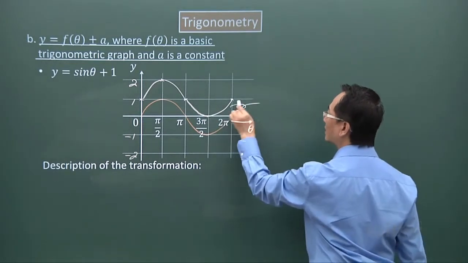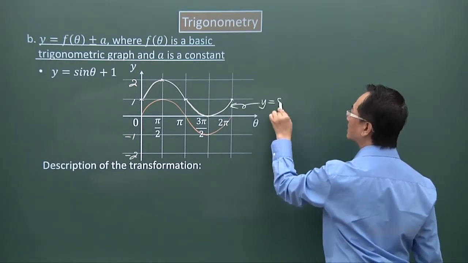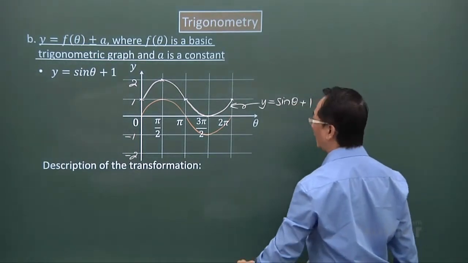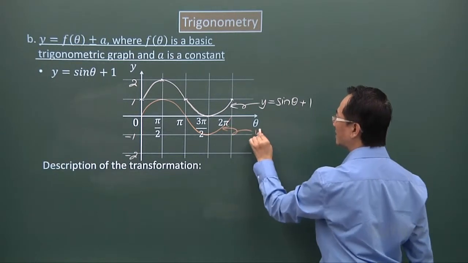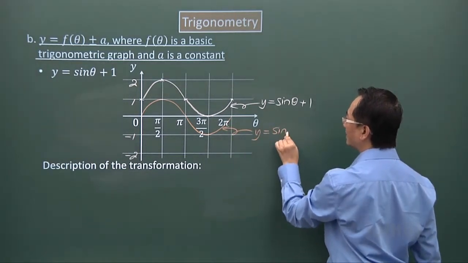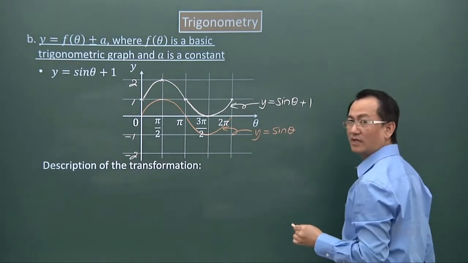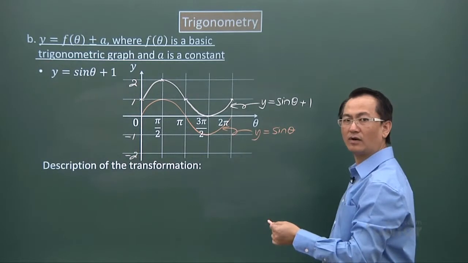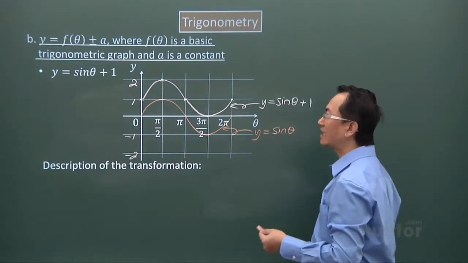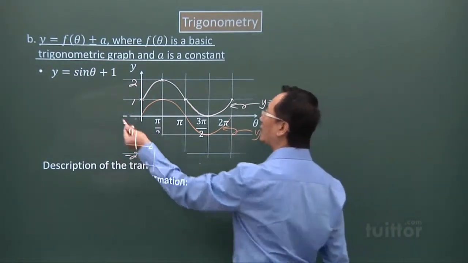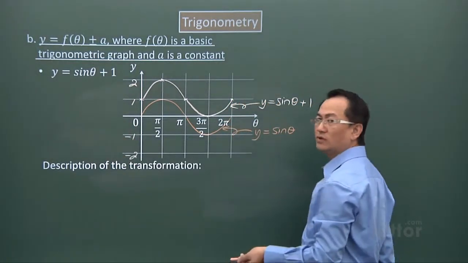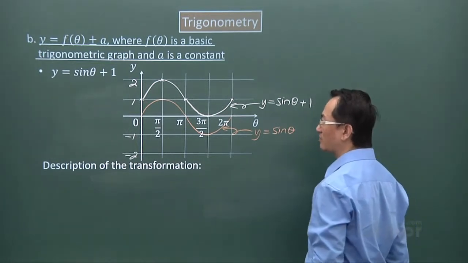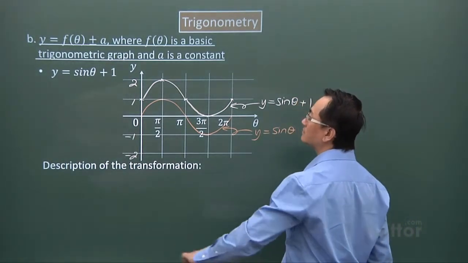So this graph here is y equals sine theta plus 1. And this one here is just y equals sine theta. This is the basic graph. So it's important to know your basic graph, and to work out all other graphs, we basically try to understand what each part of the expression will do to the basic graph. So to describe the transformation, I would say